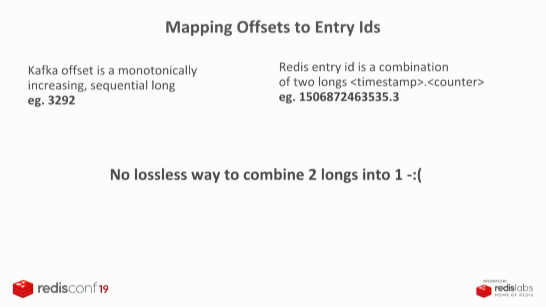Now, this is the challenge: producers of Kafka expect to return an offset of the record that was actually inserted into Redis, inside Kafka. So if you're writing records to Redis, how do you generate the same offset? Notice that these are two different things. There is no lossless way of taking two longs and converting that into a single long. You can't do that, but